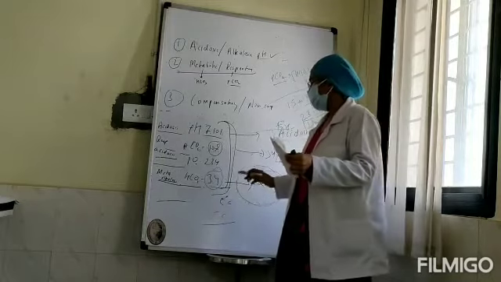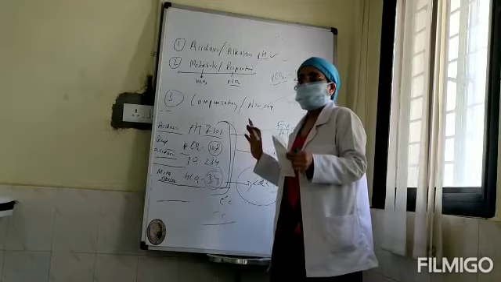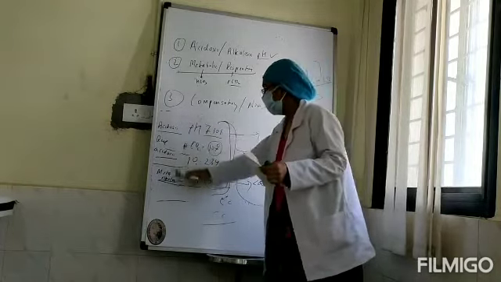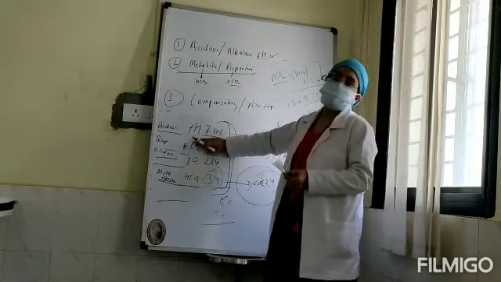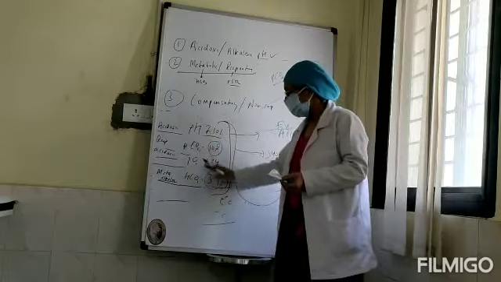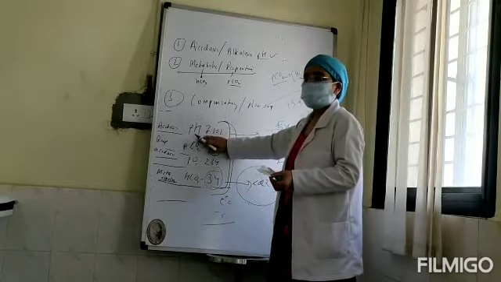Okay? So this is how we are going to interpret. Probably this child is having some respiratory problem. Otherwise, if somebody does not have this knowledge, what is he going to do? He is going to give bicarbonate, just based on your pH values, without looking at the bicarbonate level. Okay?